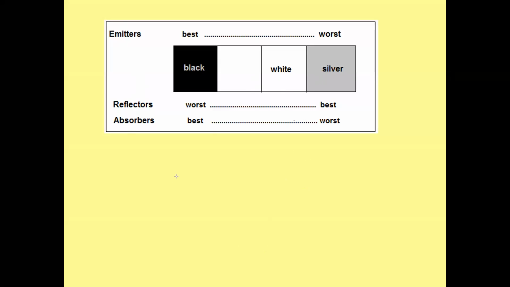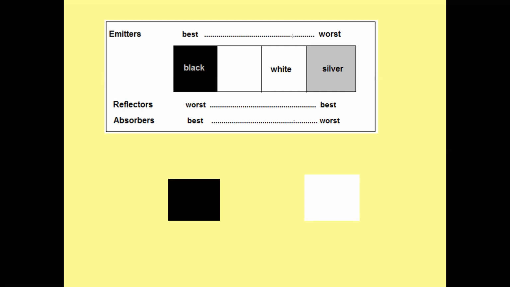For example, say you have two objects of the same size but different texture. One is a shiny surface, silver, and another one is dull and black. Say 100 joules of energy is incident on a black object, and the same 100 joules of energy is incident on the